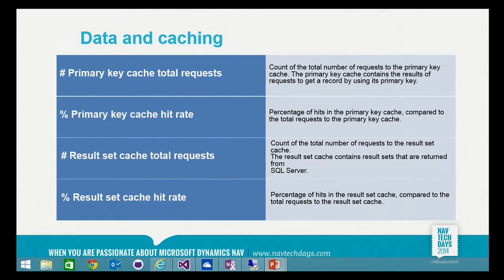Now we can describe the perf counters and what they mean. So we have a set of performance counters related to the cache, and they go in pairs. One perf counter shows the total number of cache requests of a given type issued, and the next one is the cache hit ratio. That means how often did we retrieve the item from the cache and did not go to the SQL server. So we have one for the primary key, one for result set, and